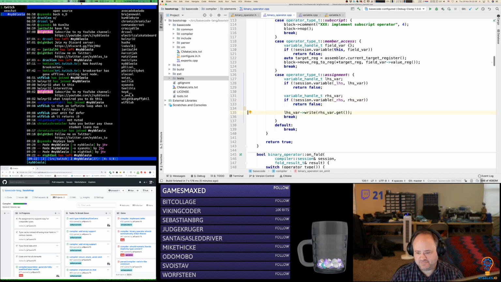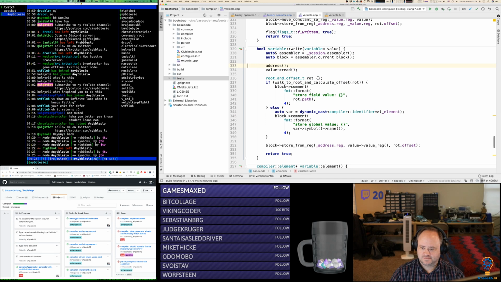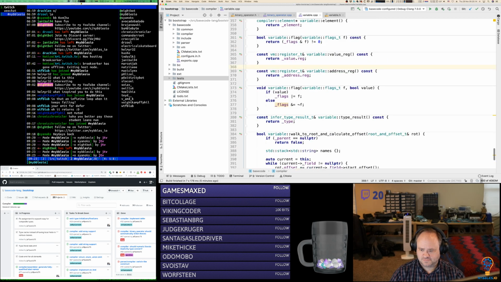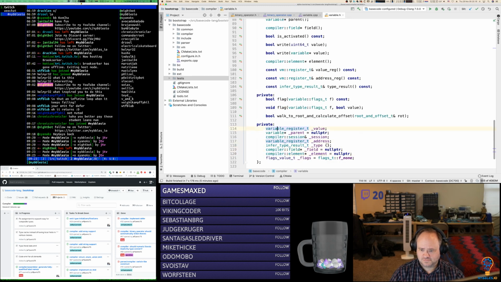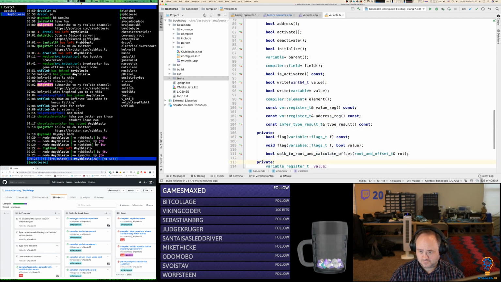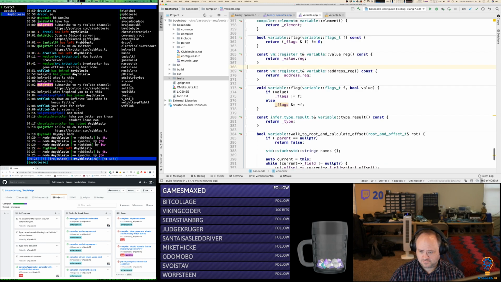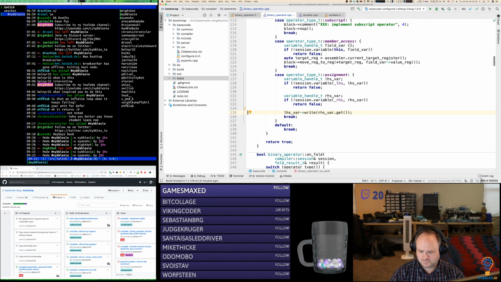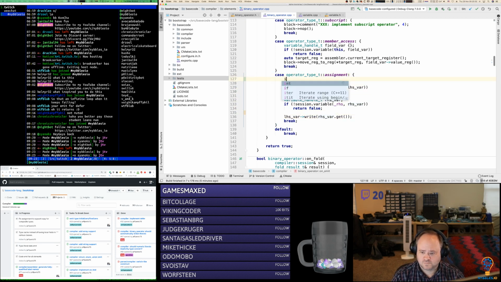If I want to have the two arms of the decision be here, or if I want to try to abstract that. So if left-hand side